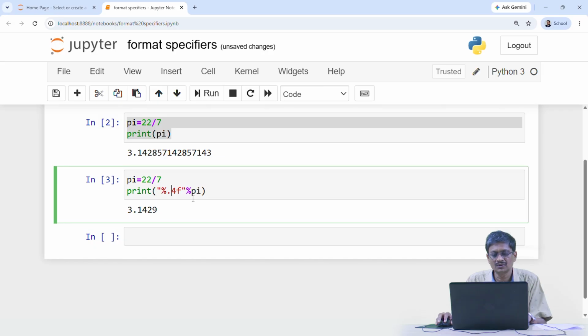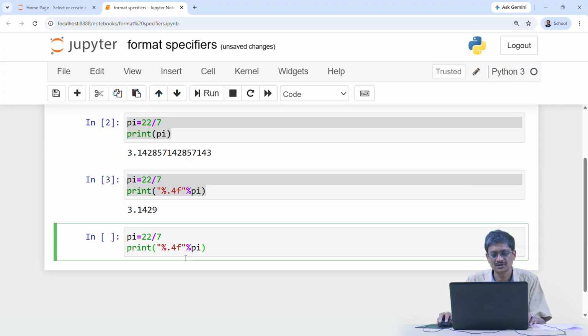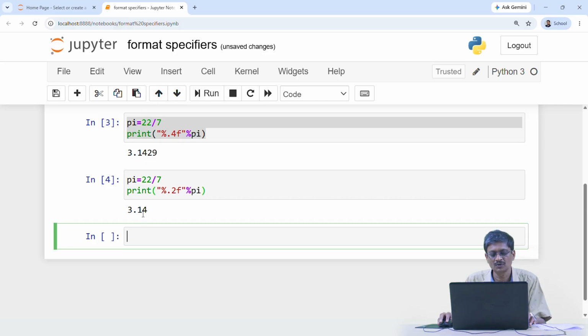Now in this case, you need to understand this is the standard syntax of using a format specifier. In this syntax, this f indicates that you are using a format specifier for a number which has a decimal part, and you want to have 4 digits after the decimal part. Therefore, you can see when you use 0.4, you are able to get only 4 digits after the decimal part. For example, if I copy this and paste it here, and I want to have, let us say, only 2 decimals, if I execute this, see, I am going to get the output of pi as only